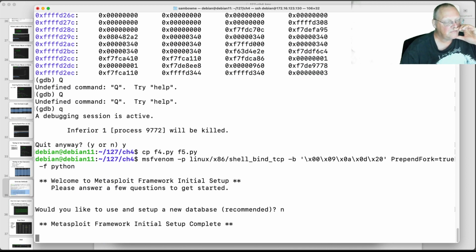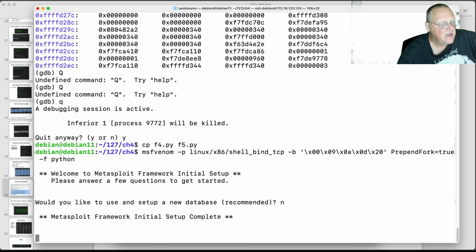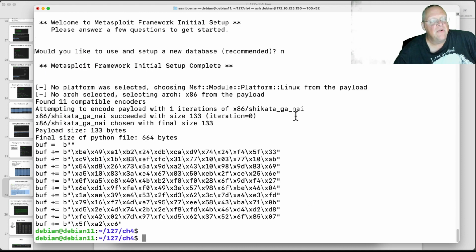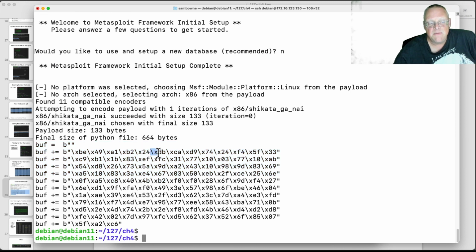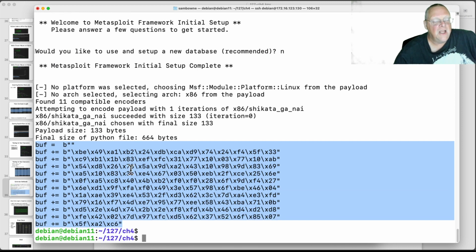Okay. Maybe I'm going to have to run it twice. Maybe it's still working. Let's see. Okay. Just had to wait a little the first time I ran it. So here is my shellcode, 664 bytes. But that's the Python file, which is just because it's expressing things with this long phrase, \xdb for 1 byte. The actual payload is only 133 bytes. So it will fit in the payload region that I've set aside for it.